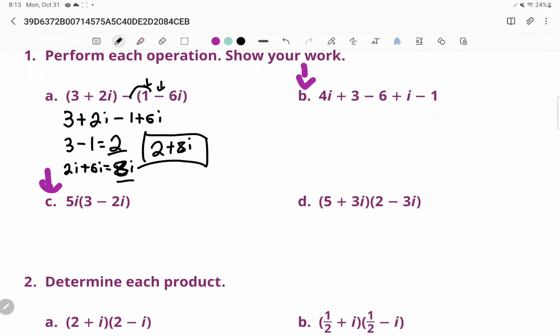Now, B, same thing. Now, this one's easier because I don't have to move anything. I don't have to distribute a negative like I did over here. You see the negative right there? I had to distribute it. This time, I don't have to distribute anything, so I just need to write my real numbers, and then I have to write my